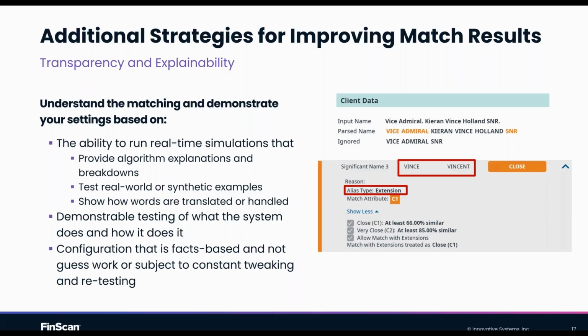And the biggest advantage of this is that once you have these tools and this visibility and that transparency of how the technology works, configuration then becomes facts-based. It's not based on guesswork. You're not making assumptions. You're not going with standard rules from the vendor. You're not just asking, well, can you implement the typical rules that anyone else in our industry uses? You're saying, this is the reality of what we have to screen. These are the reality of the resource allocations that we have. This is the reality of what it's going to do. And it avoids the kind of constant tweaking and retesting. I'm going to put a threshold at 85%. I'm going to drop it down to 80% and see what happens. This is facts-based configuration.